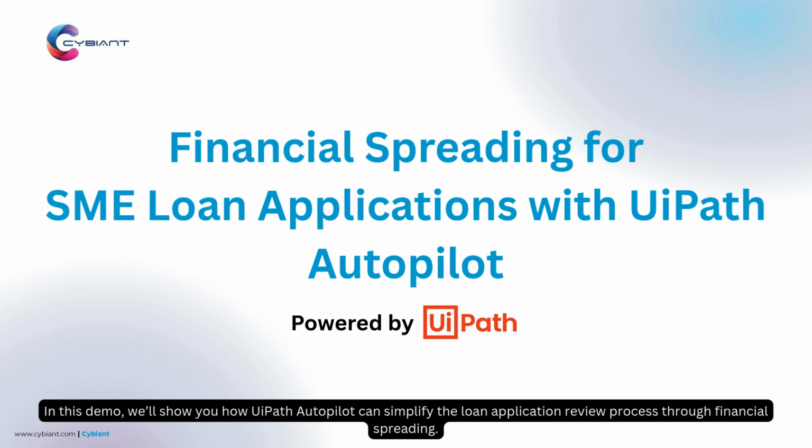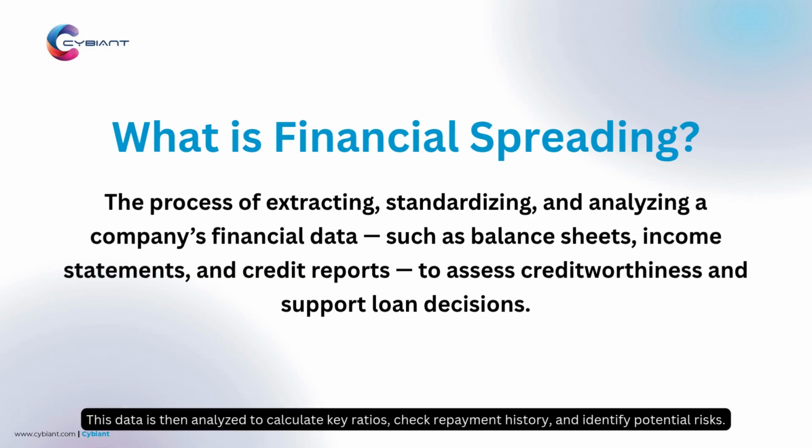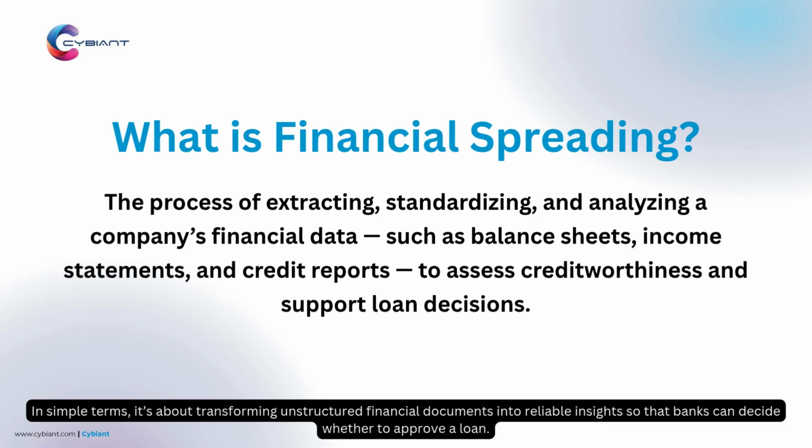In this demo, we'll show you how UiPath Autopilot can simplify the loan application review process through financial spreading. In case you're not familiar with the term, financial spreading is the process of taking a company's financial documents, things like balance sheets, income statements, and credit reports, and turning them into structured, standardized data. This data is then analyzed to calculate key ratios, check repayment history, and identify potential risks. In simple terms, it's about transforming unstructured financial documents into reliable insights so that banks can decide whether to approve